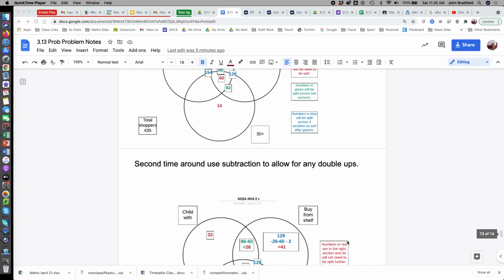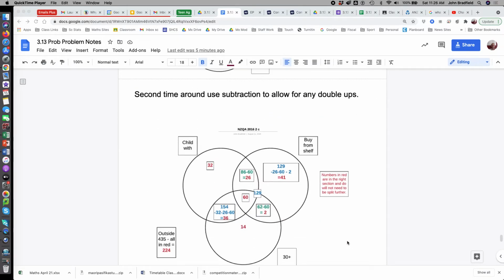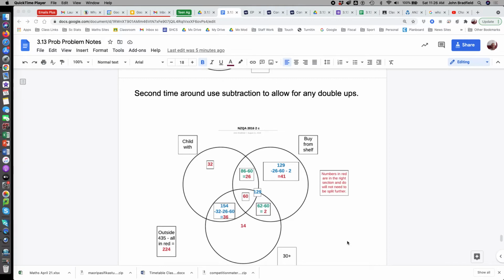So here's my result. Now everything's in red. The 60 and 26, the 60 and the 2, the 14 was already there, and the 30. 154, now we knew the 32, the 26 and the 60, so we could write it in as 36 and so on, and the 41 in the top right. So now that that is the case,